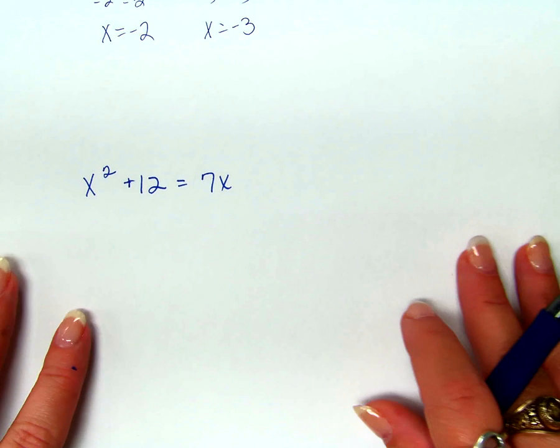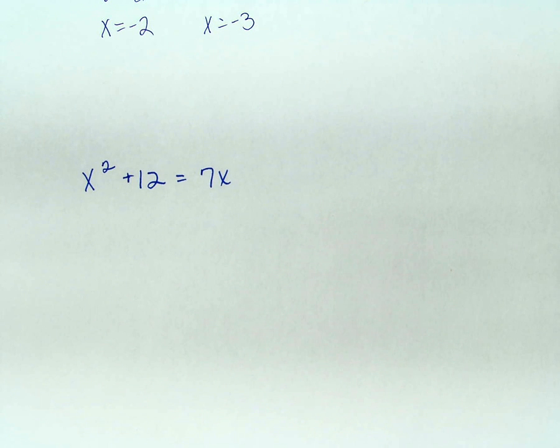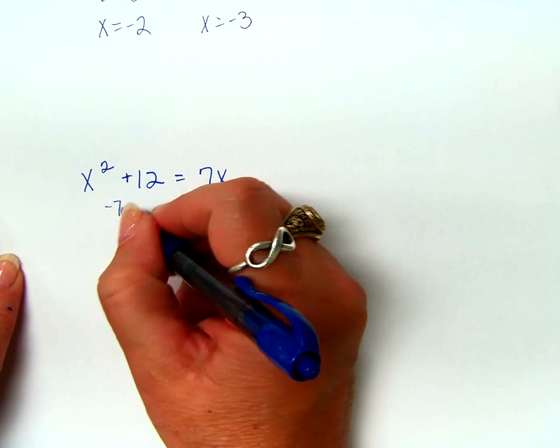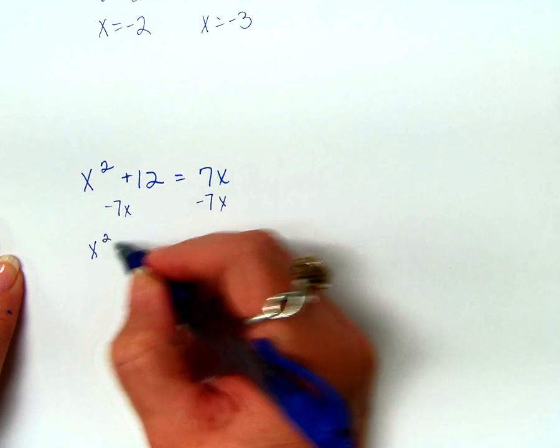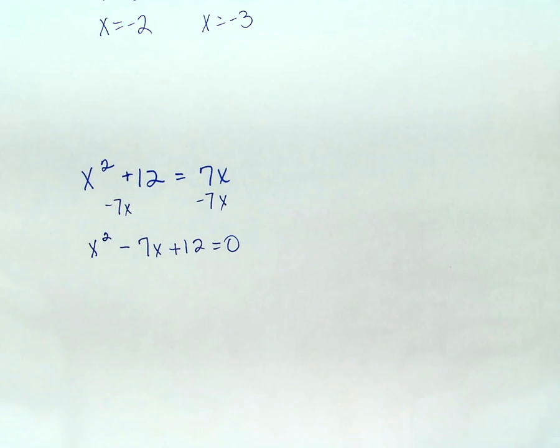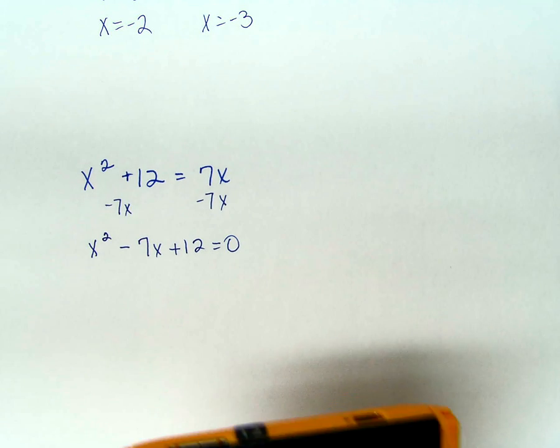What about this one if it said solve by graphing? I would actually die. You would not die. You would be happy because you can use your calculator. Okay. So what do I have to get this equal to if I'm solving it by graphing? I have to get it equal to 0 as well. Okay. So I need to move the 7x over here to this side. There's no common factors or no common terms, excuse me, so I just need to write it just like that, right? And then I need to